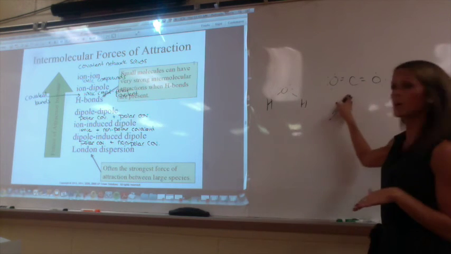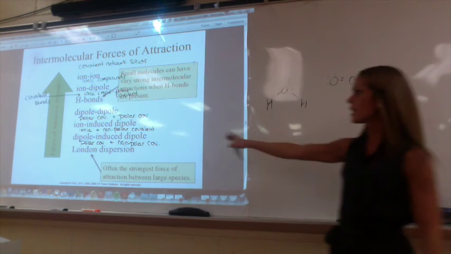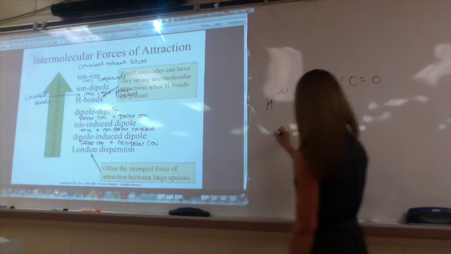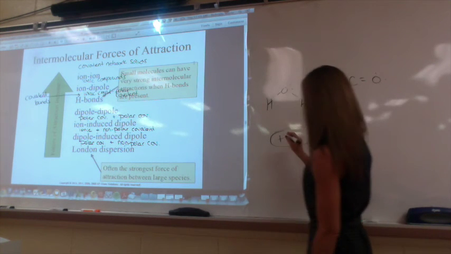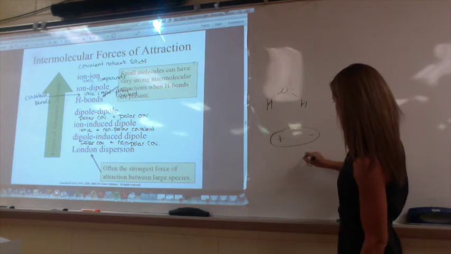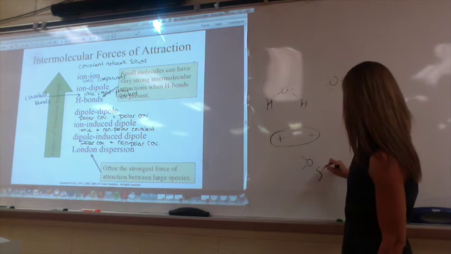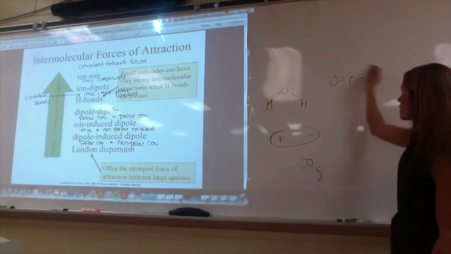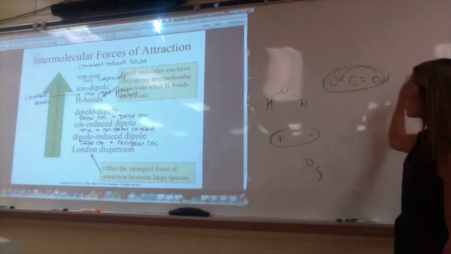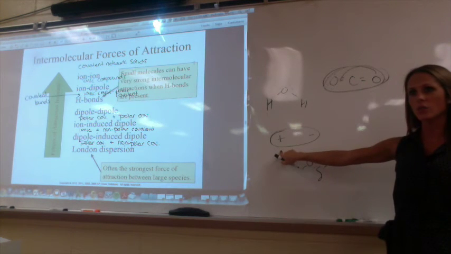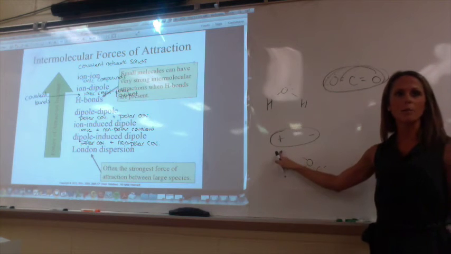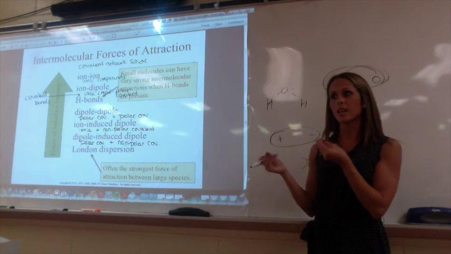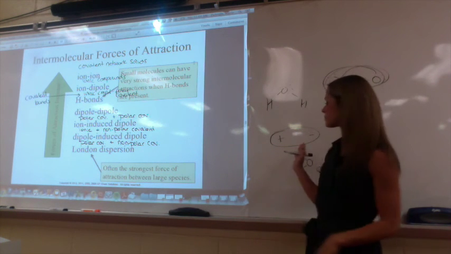So how do you get any nonpolar substance to dissolve in a polar substance? It's through polar covalent and nonpolar covalent, which is a dipole-induced dipole. So when you have a water molecule, you have a negative end and a positive end. We can orient oxygen like this, and this becomes slightly negative. Well, when you put a nonpolar substance, you can temporarily induce a dipole because all of the electrons in here will, for a moment, whoosh to one side and be attracted to the positive end over here, right? So I temporarily induce that dipole moment, and it's just a little tug on that carbon dioxide that pulls it towards it and keeps it dissolved in your water.